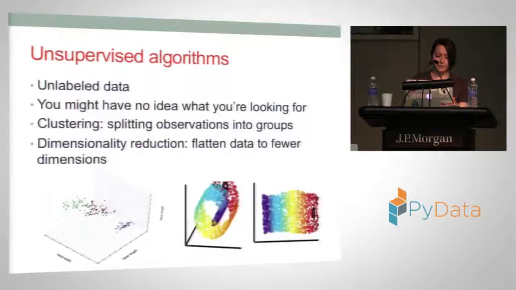So unsupervised learning is good when you have unlabeled data and you might have no idea what you're looking for. So you're basically pulling out patterns and relationships without knowing what's there. The 2 main kinds of unsupervised learning are clustering and